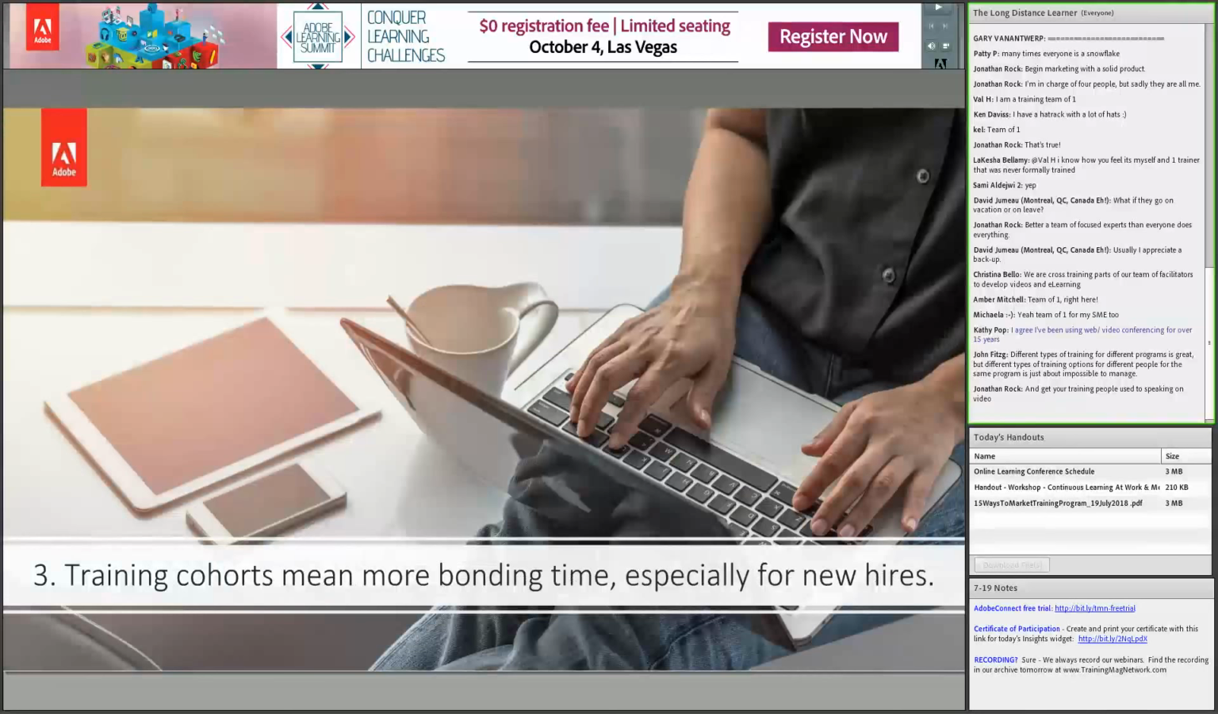All right, so training cohorts. This is a concept that I have found to be especially useful if you've got somebody who's coming in as a new hire and they're going to be working remotely. They don't necessarily have that opportunity to get to know their team and get to know everybody around them in the company. So if you can,